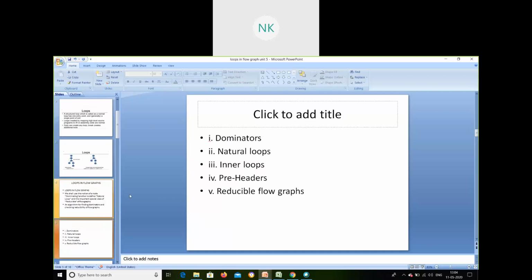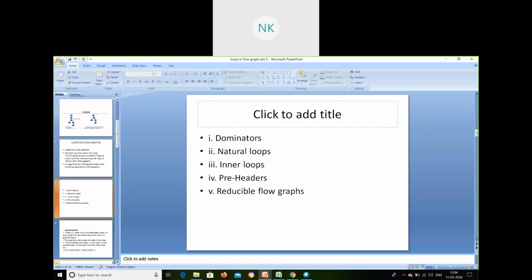Dominators are something like, for example, I have a path, I have a node, or I have a block wherein without reaching that block, I won't be able to go to any other blocks. For example, that block name is D. I wanted to reach the block N. So if I don't go to D, I won't be able to go to N or the remaining blocks. That you call a dominator. Then D is called a dominator because without reaching D, I won't be able to go to any other blocks or any other nodes.